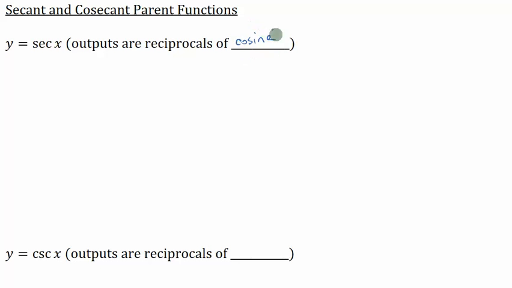So what we're going to do is we will use our cosine graph, look at its reciprocals, and get the secant graph, okay? So let's look at, in red, the cosine graph. And when I say cosine graph, specifically secant of x is the reciprocal of cosine of x. So let's look at y equals cosine of x from 0 to 2 pi, okay? So in red, the cosine function from 0 to 2 pi